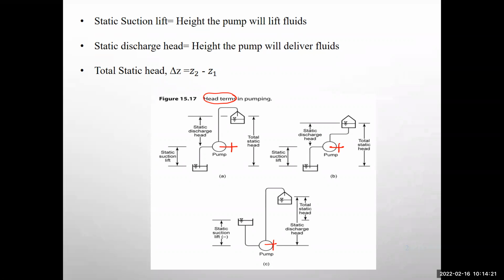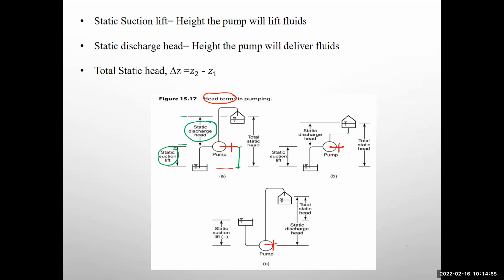Now, the distance between the pump and the point from which it is taking the fluid, that is actually called static suction lift. It's the distance over which the pump is suctioning water or any other liquid, okay? And from this point, it is delivering the fluid to some other point, right? Now that distance, from this point to this point, is called